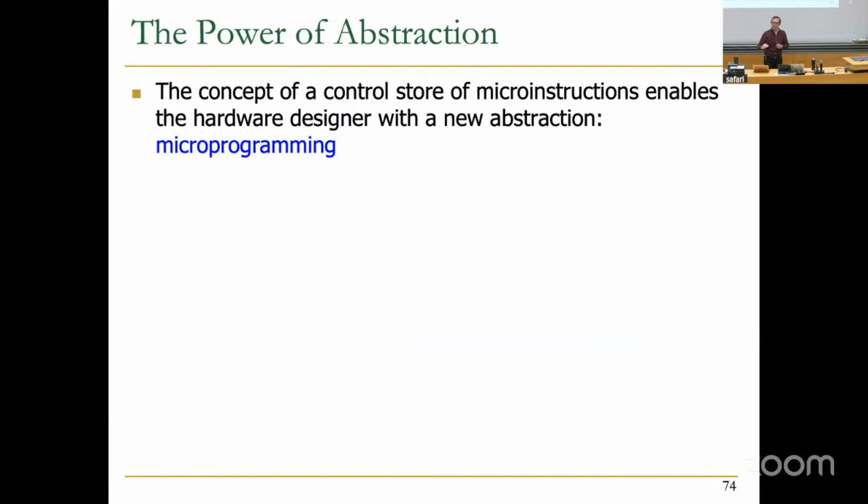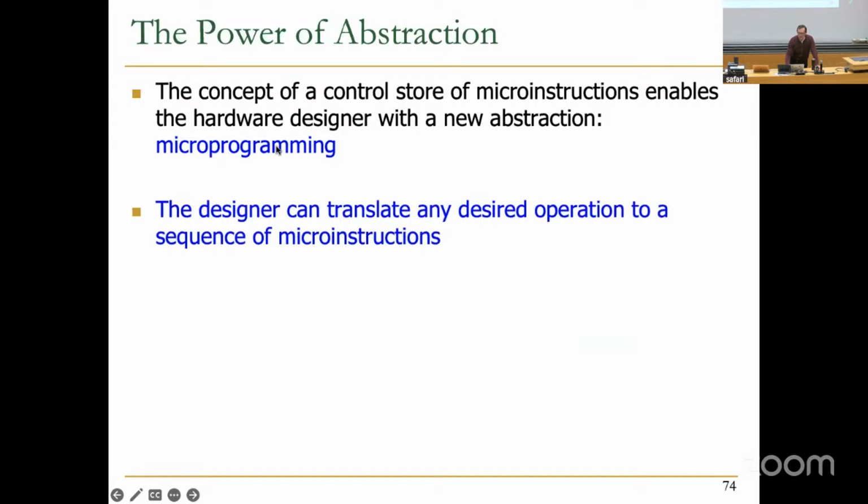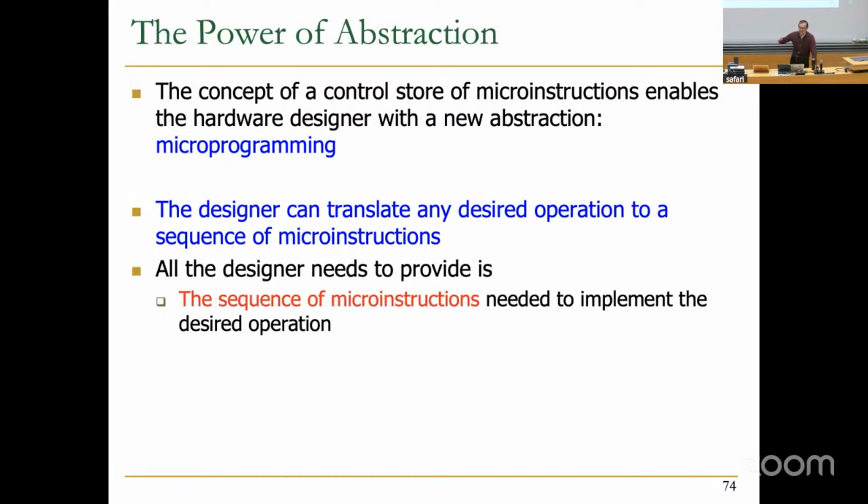Now we actually control signals. But going directly from assembly to control signals, now we introduce some other abstraction, which is micro instructions, right? The hardware designer has this microprogramming abstraction. Now this way, the designer can translate any desired operation to a sequence of micro instructions. All the designer needs to provide is three things: the sequence of micro instructions needed to implement the desired operation,